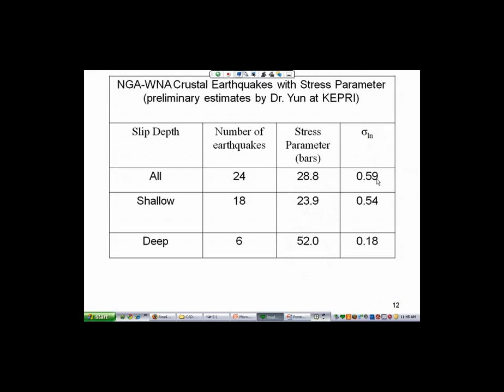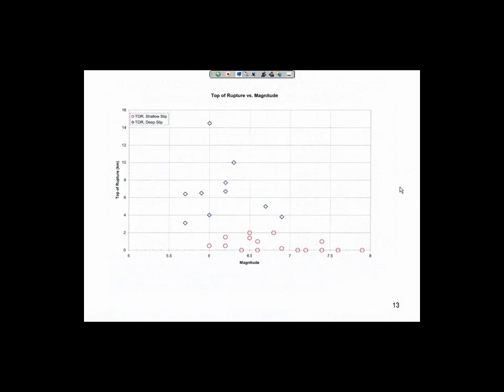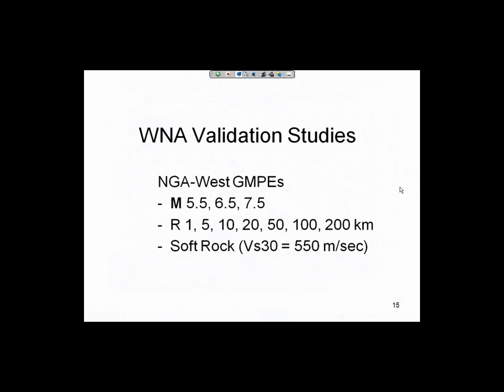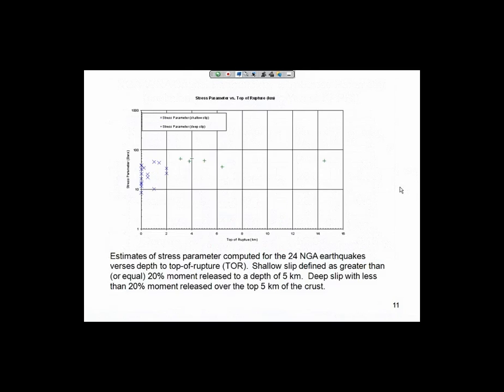And the sigma, the variability, basically in shallow and all is quite similar. But the variability, you can see from this figure, for the deep, let's go back, is quite a bit less. And then the sample is also a lot smaller, right? And it's not clear we're going to get,